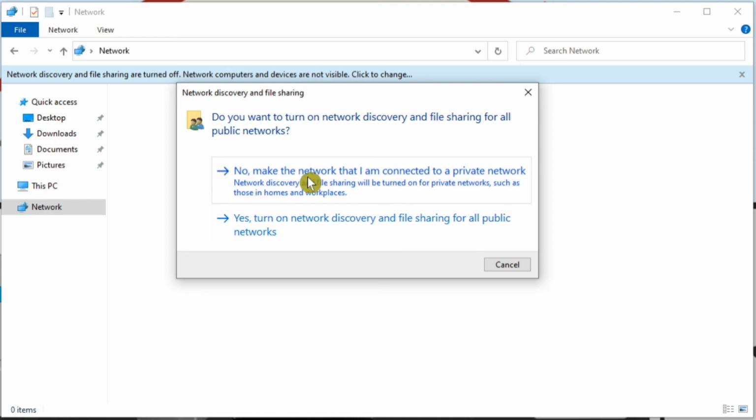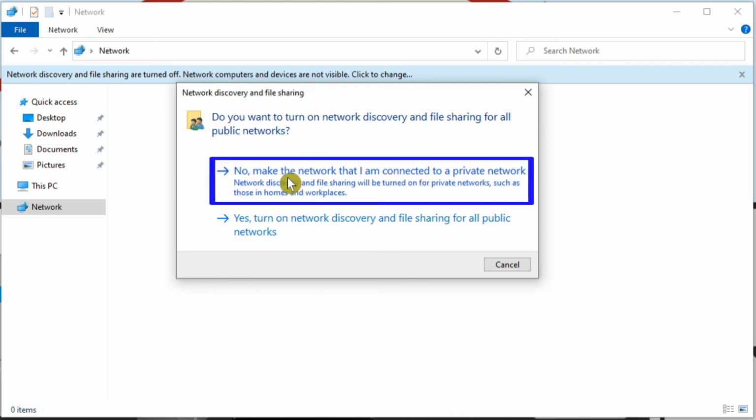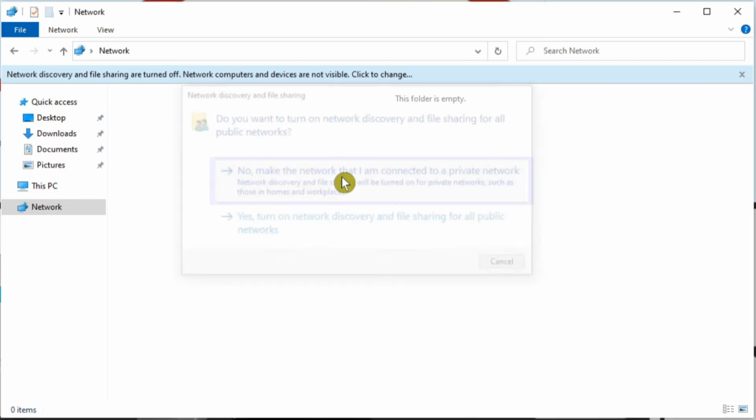And you can say no, make the network that I'm connected to a private network, which is the most secure option, or yes, turn on network discovery and file sharing for all public networks, which I wouldn't recommend, particularly if this is a laptop and goes out of the house. So what's fine and more secure for us is the first option, no, make the network that I'm connected to a private network. So click that,